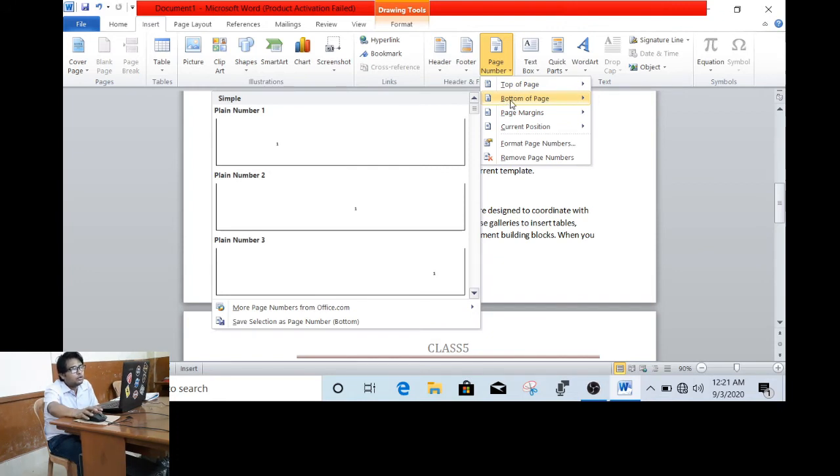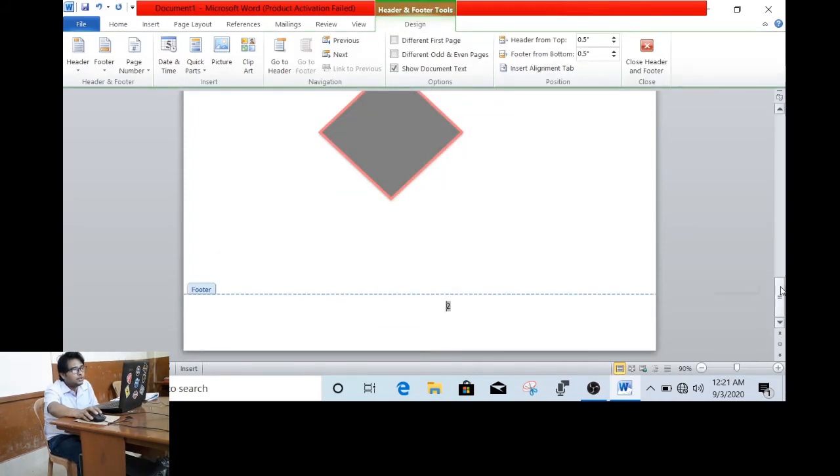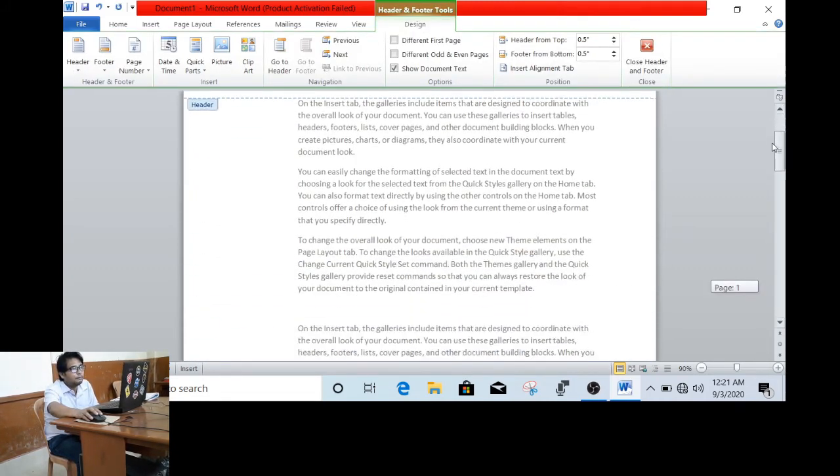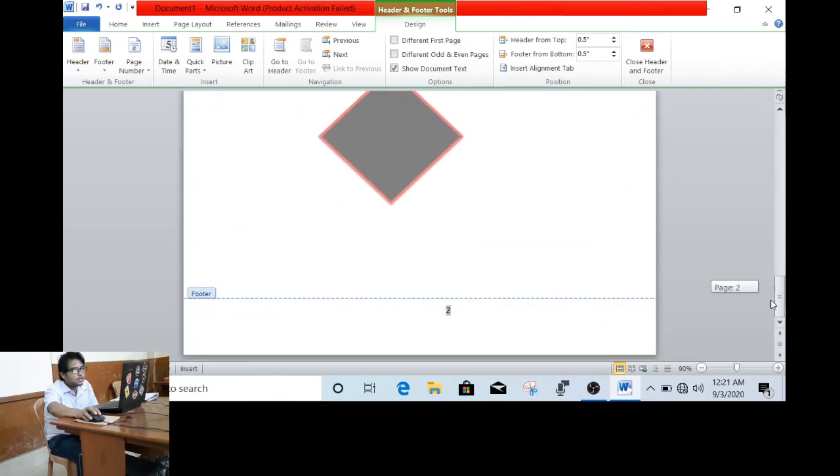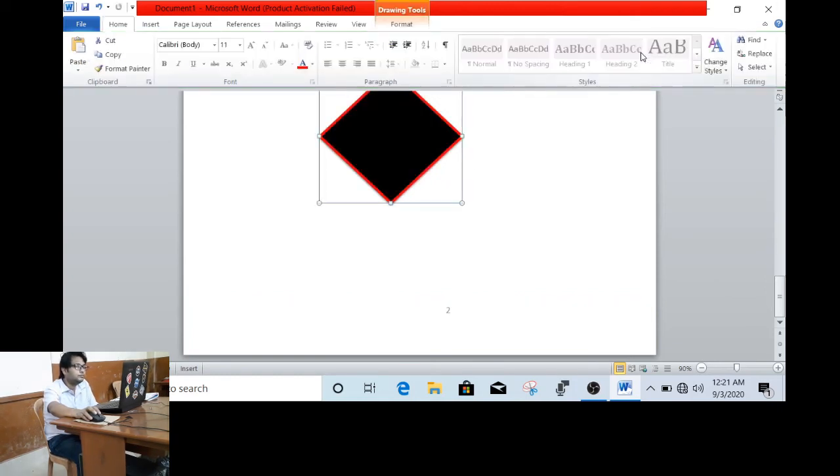So there are different options. If I choose bottom of the page, then it will be something like this. The options will be available to me. Now I will choose the middle one. Automatically my pages will be numbered. This is my first page, so it is numbered as 1. This is my second page, it is numbered as 2. Close it.